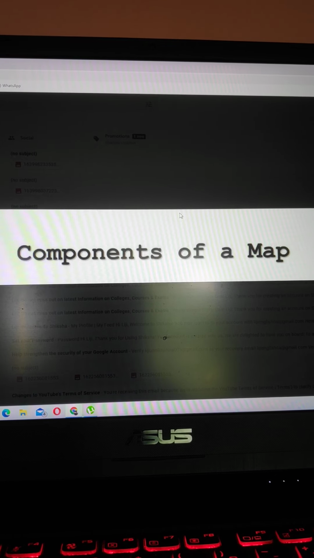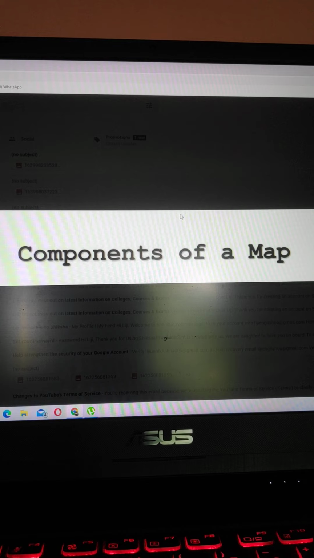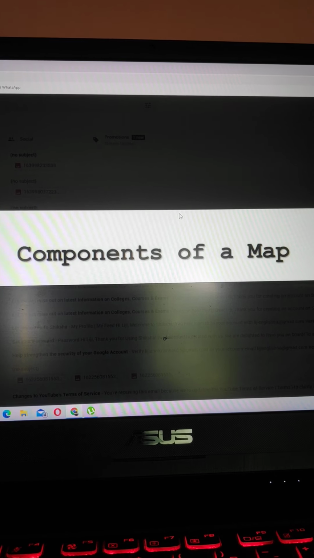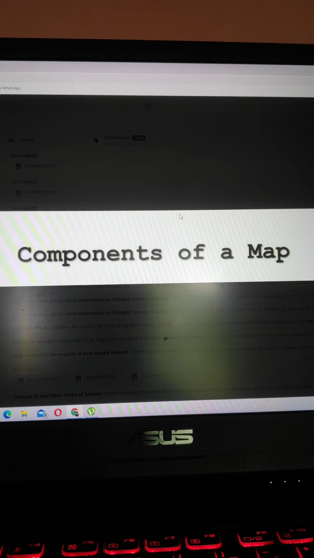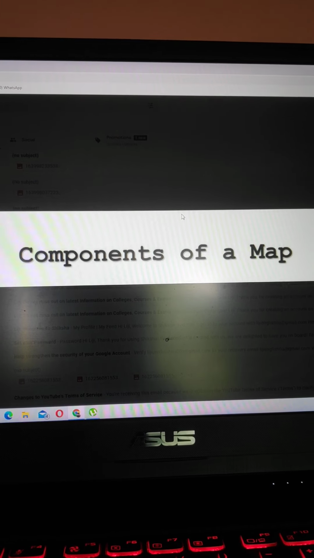It is difficult to show features such as railways, bridges, settlements, etc. on a map. These features are depicted through specific symbols and signs. The legend or an index helps to read the signs and symbols on the map. Legends are always placed at the bottom of the page with correct explanation.